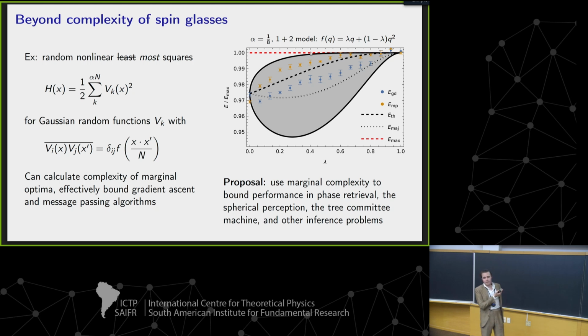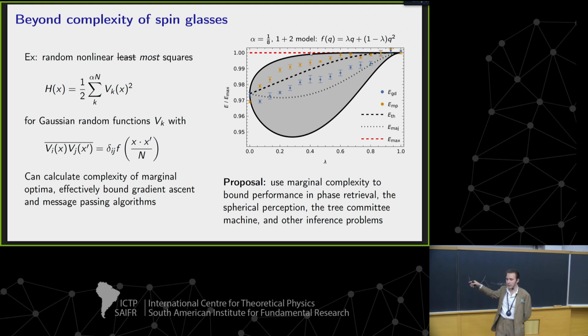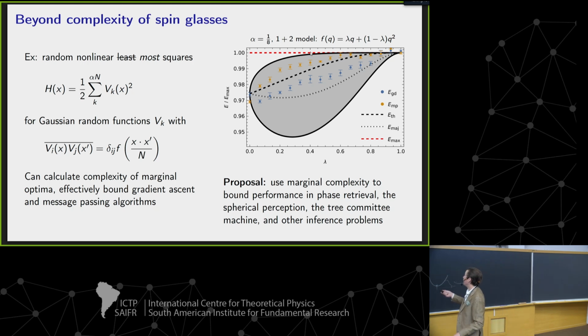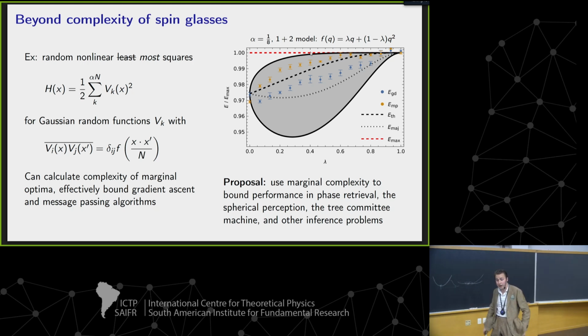So this is a very silly model. No one usually wants to maximize the sum of squares. But the point is that the basic methods which go into this calculation in more interesting models that are actually used in both theoretical computer science, but actually in practical things as well, like phase retrieval, are amenable to these mean field theory techniques, and using the same methods that I've begun working on in this simpler model should be also amenable to this sort of bounding of the performance using this range of marginal minima.